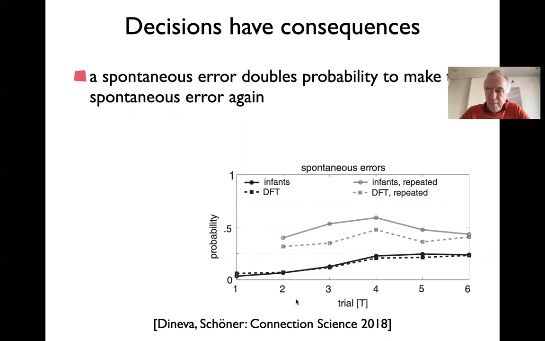So here is the probability of making a spontaneous error the first time on different trials for the model and the infants. And you see here an increase up to 4 and then a plateau. And that comes from a subtle effect that I didn't explain, that in many of these experiments, there's a